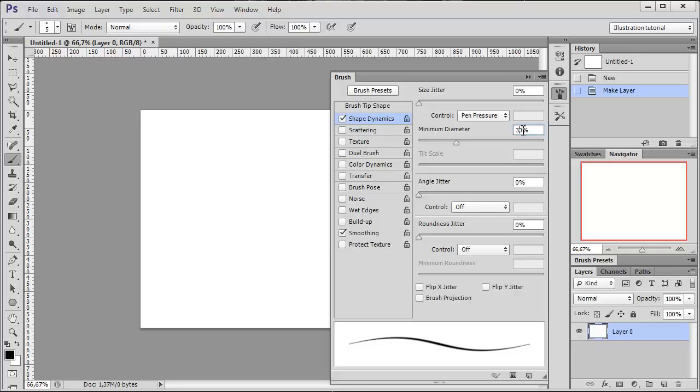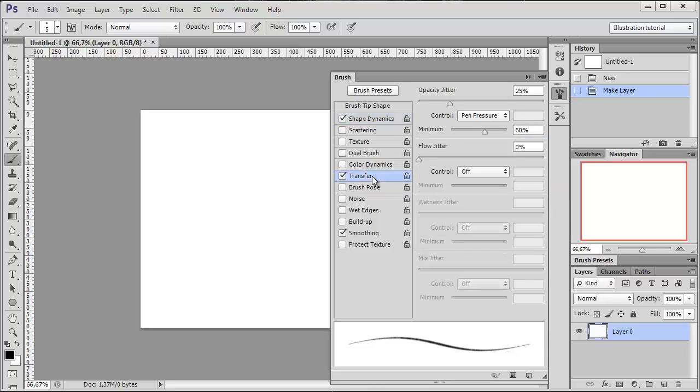The other values do not really matter, but please feel free also to play around with them and find probably your own custom values. Probably make this pencil even better than I'm going to demonstrate. Interesting for us is also the transfer section. So make the transfer section available, and there you already can see, if you are playing a bit with the